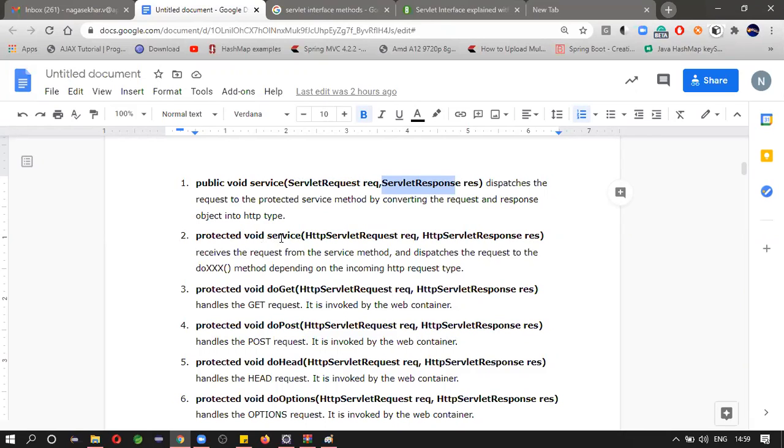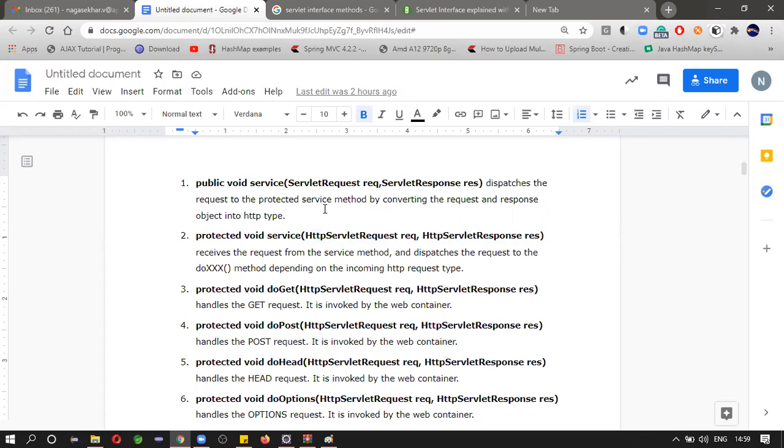You also see the same method name with different types: ServletRequest, HttpServletRequest, ServletResponse, HttpServletResponse. Then what is the difference? ServletRequest is one type, HttpServletRequest is another type. Here the types are different.